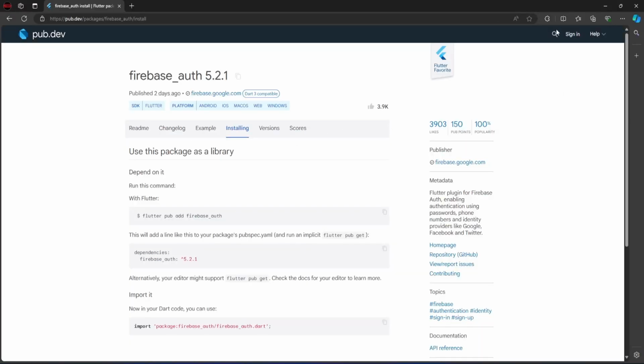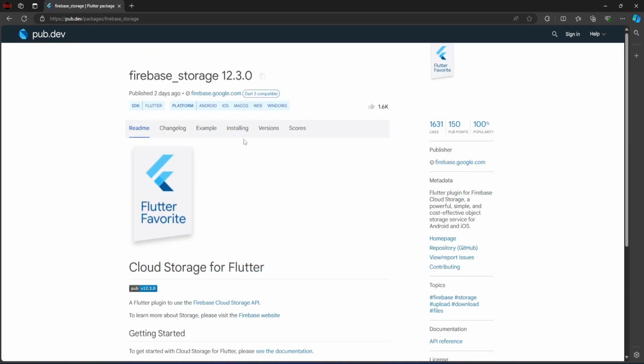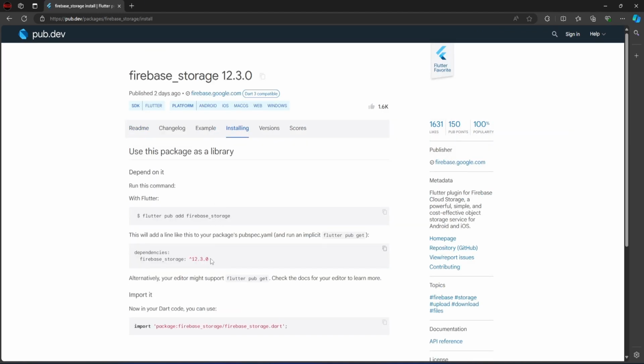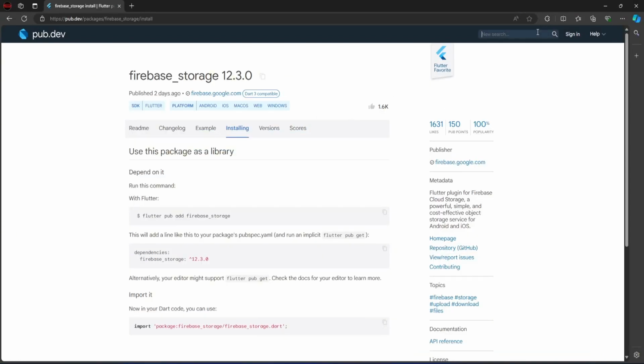Firebase storage. So let's get Firebase storage, this one. Let's import that, paste it here, let's minimize, and then let's also get